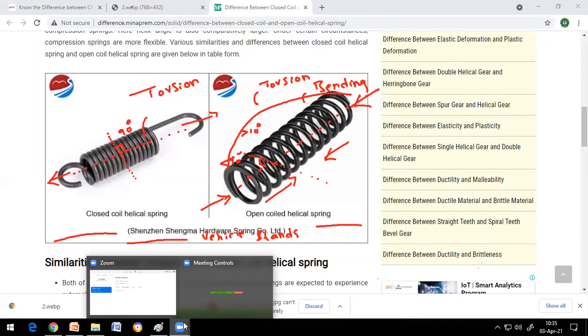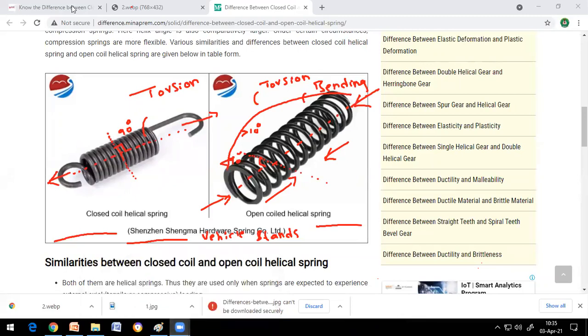Okay, but today we are going to write what is the deflection formula for the open coiled helical spring, which is going to be very important for solving problems. Let me write that so you can understand it clearly while solving problems. I think everyone has got a glance, an idea, a clear picture. Right, so let me close this.